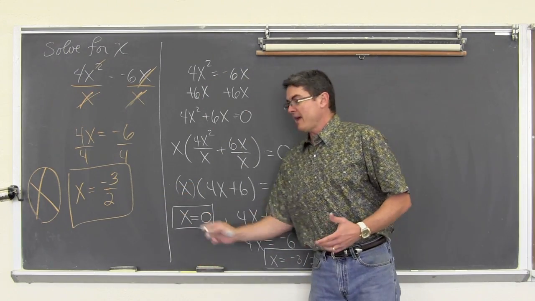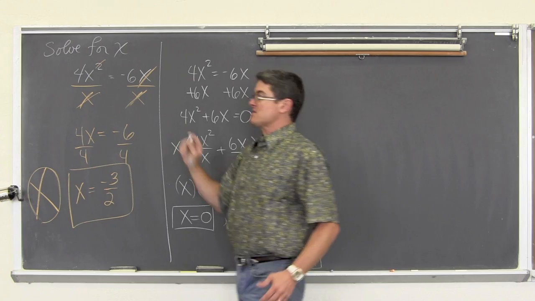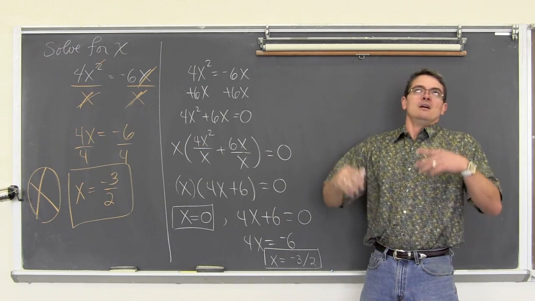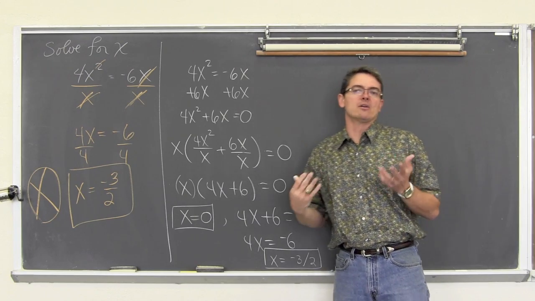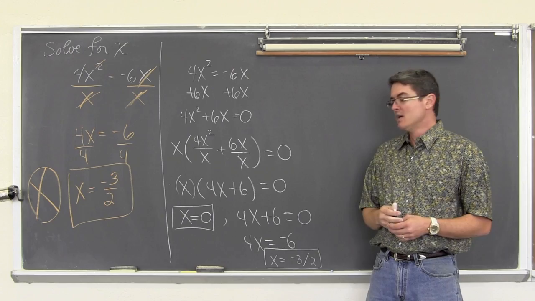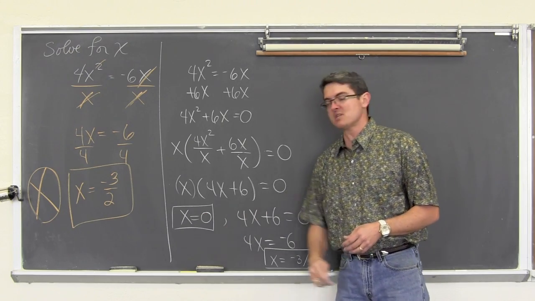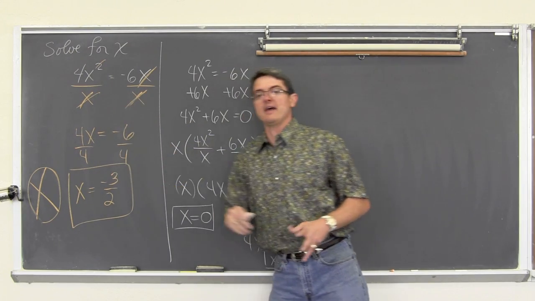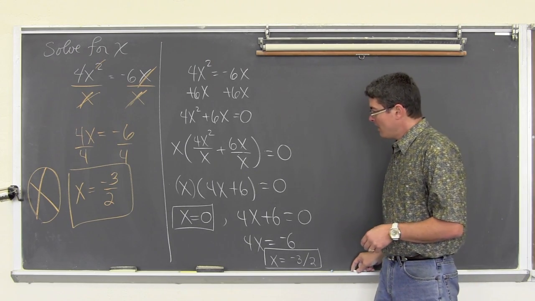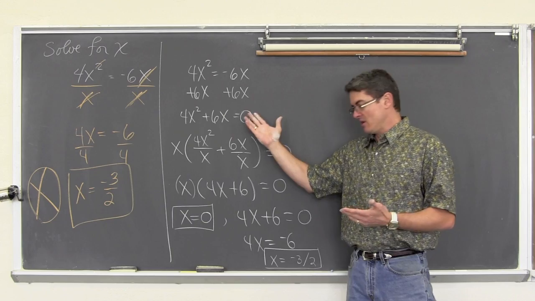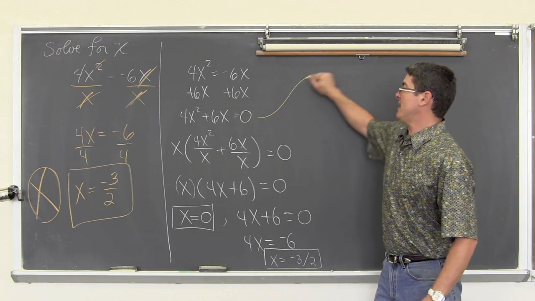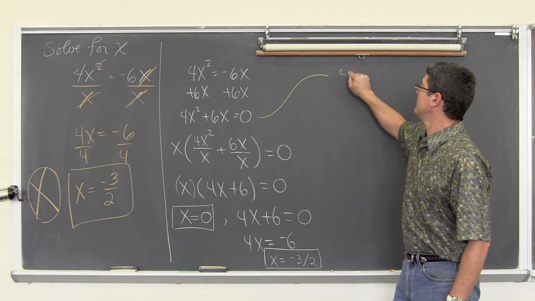Now, the other answer that this process throws away is not always going to automatically be a 0. You know, maybe it is, I don't know. Do a bunch of examples and see if I'm right or wrong. I don't know, but don't throw away answers. Don't divide away variables. So we have the negative 3 halves and the 0, which dividing both sides by x got rid of, and thus we only had half of the possible answers. And I really probably, as someone comfortable with algebra, would have done this just like I showed you. But since we're learning how to do the quadratic formula,